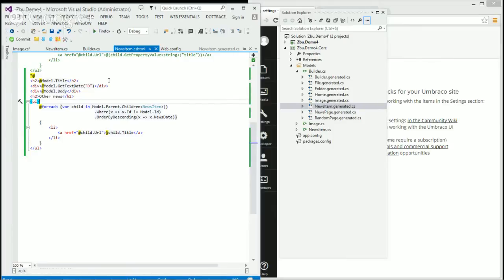Well, in some cases, it's all right to have it in the model. If you have a news page, and under that news page you have news items, and you want a property, which would be news items, listing all the children of type news item, then it's fine to define it in the model, because it really belongs to the model. What we're generating is only the properties. We're not generating things to query children. Yep. It would make sense for the news page to know about its children of type news item.